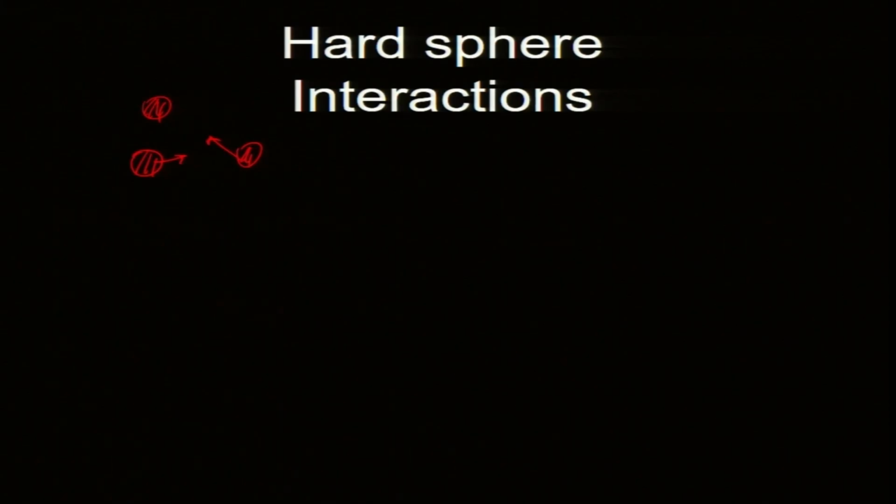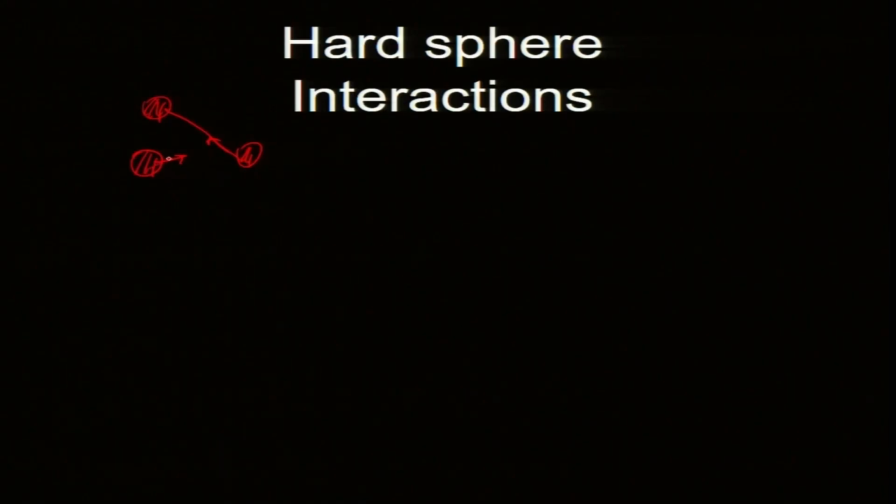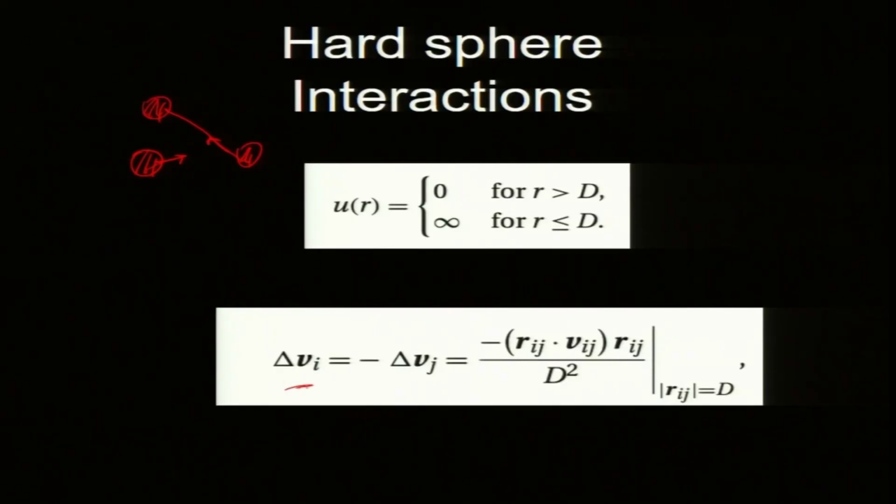It is a free particle until it hits, but we do not know when it will hit, and they do not hit simultaneously. When this one hits, the other one is still moving. So, the interactions are very few and you spend a lot of time just moving with constant speed. So, this is not a very suitable method for MD, and this is the formula after the collision, but you have to wait till the collision. You have to figure out when you are going to hit. Keep going until you reach the radius of the particle, then you apply this formula. Anyway, this is not often used.